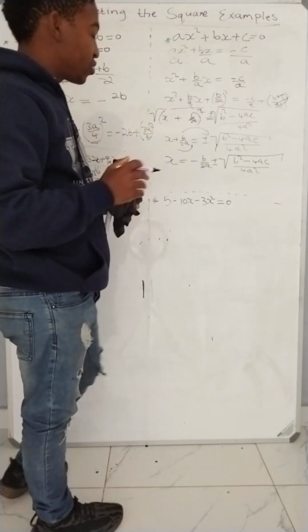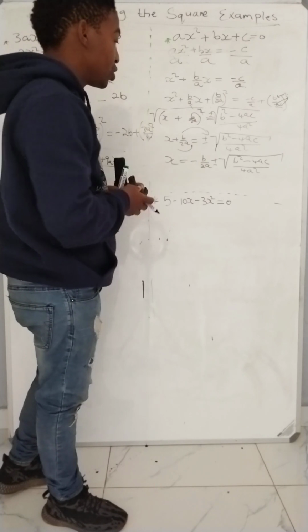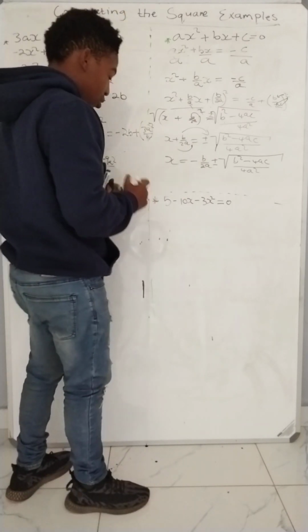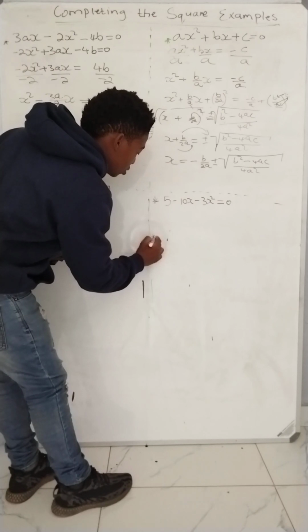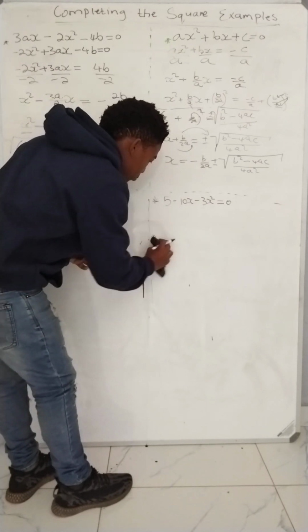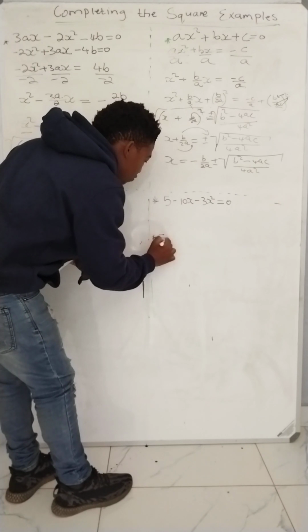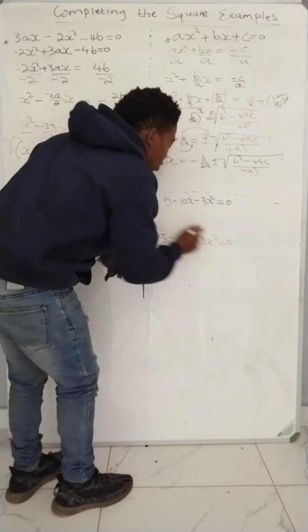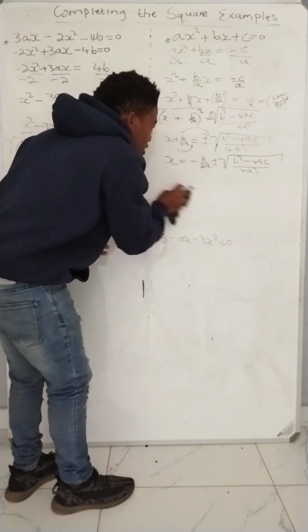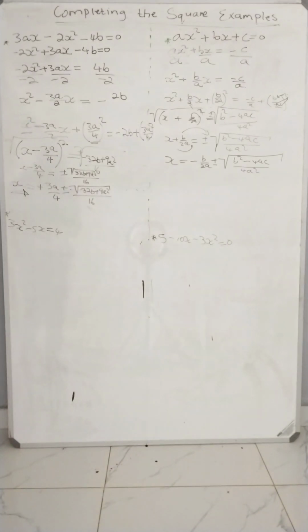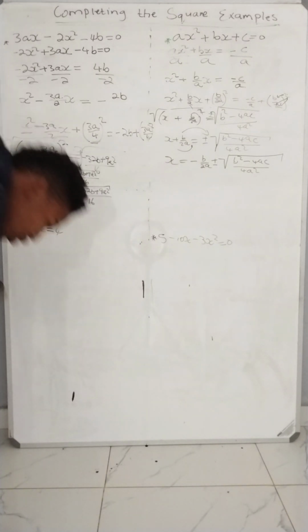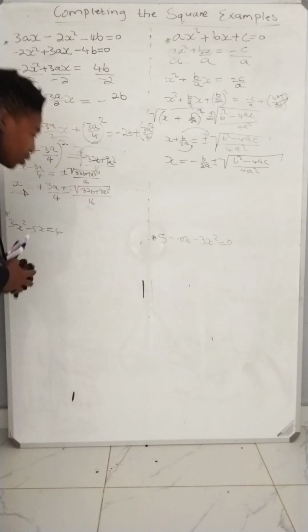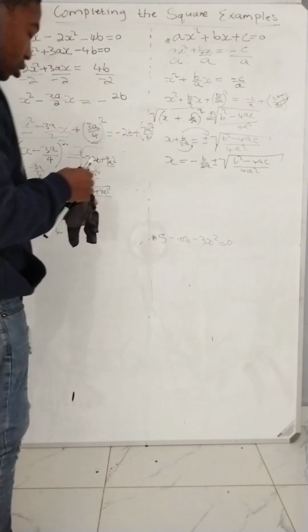When you get to this side of the equation, you must remember that, okay, let me do this as well because I need space. Let me take this down. 5 minus 10x minus 3x squared is equal to 0. I'm going to go ahead and remove it there because I need space. I'm going to show something very important, okay? Something very important that we must make sure that we're not losing. Okay, all right. Oh, I'm losing ink. Okay, right. So now